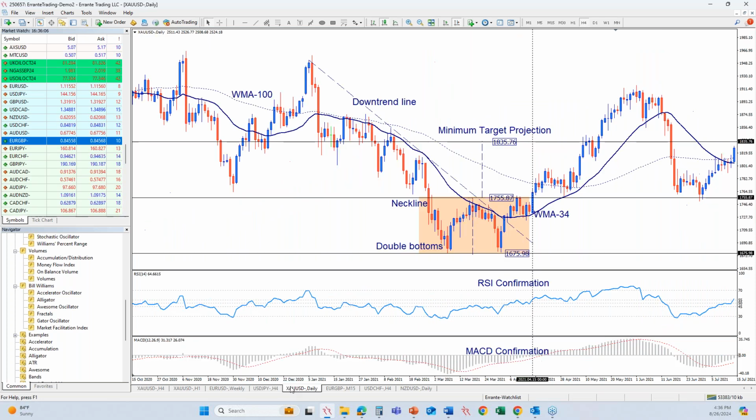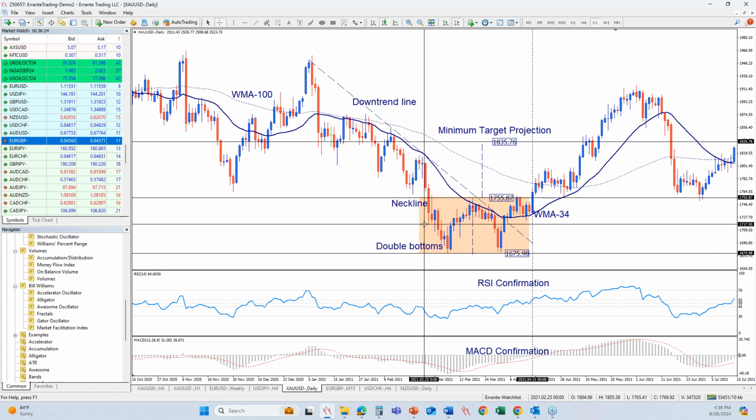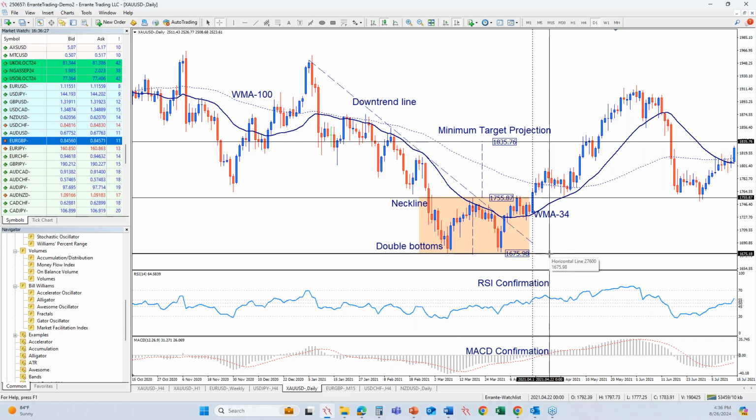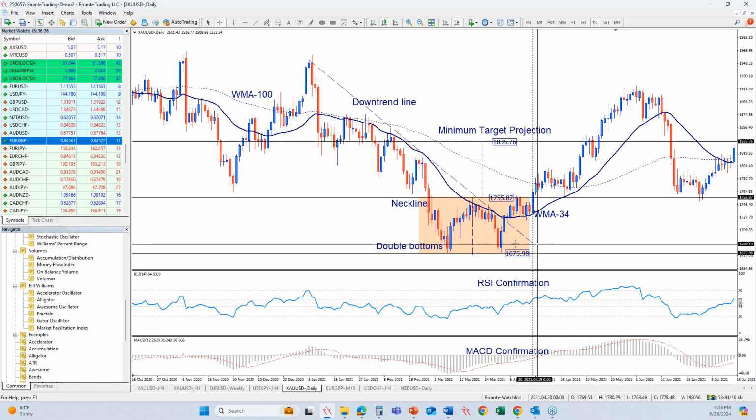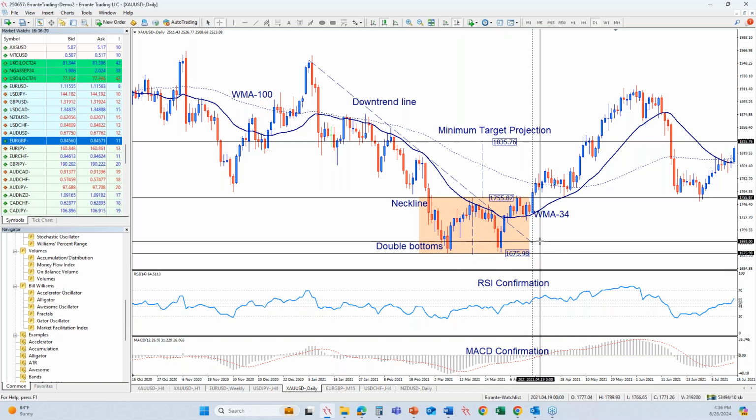And now let's analyze another example, the gold daily chart, focusing on the formation, confirmation, and target projection of the double bottom pattern this time. The double bottom pattern begins with the first trough at the price level of, as you see, 1675.98. And this trough occurs after a sustained downtrend where the price of gold falls and reaches a low point. This initial trough marks a temporary support level where buying interest begins to emerge, causing the price to rebound slightly